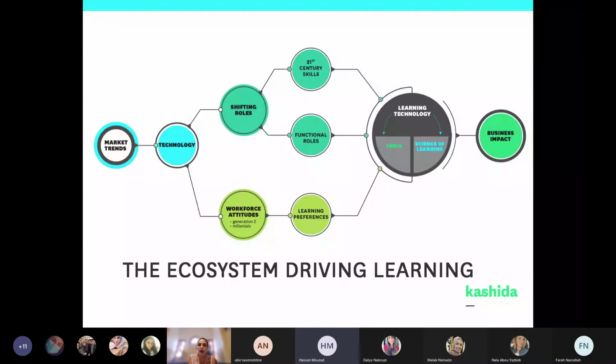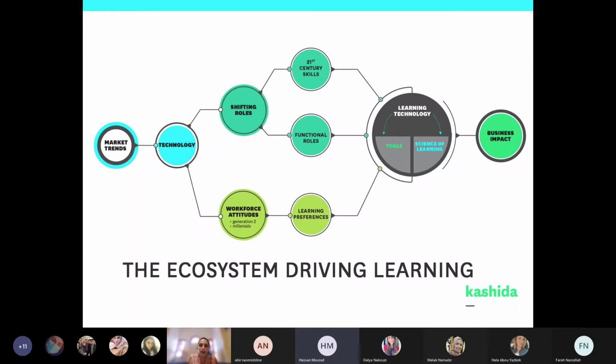I wanted to highlight, because you're all students and there's a reason why you got into this space, and whatever I'm going to say probably will resonate very well with you. As you see here, the big gray circle is about learning technology, where we're using the tools and the science of learning.